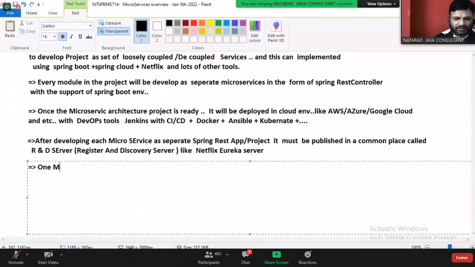One microservice can find another microservice in R&D server. Okay. In what server, guys? R&D server.